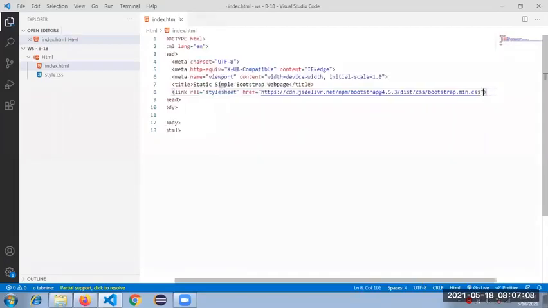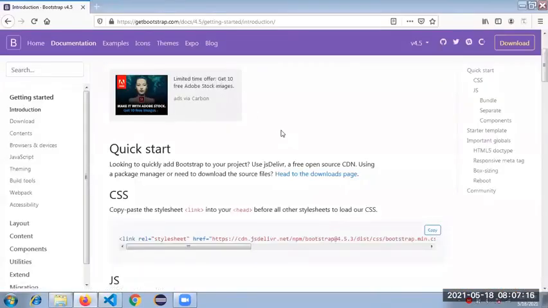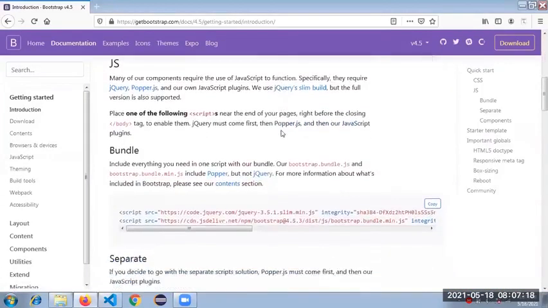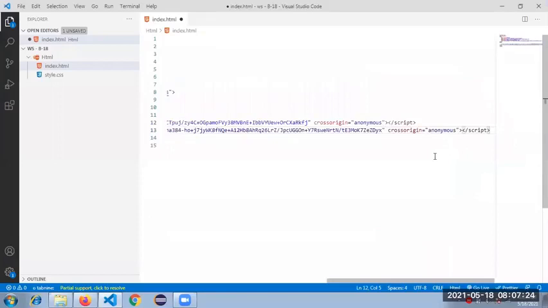I just included the CSS. Then inside of the body, we need to include the JS. So I'm copying this bundle and putting it over here.